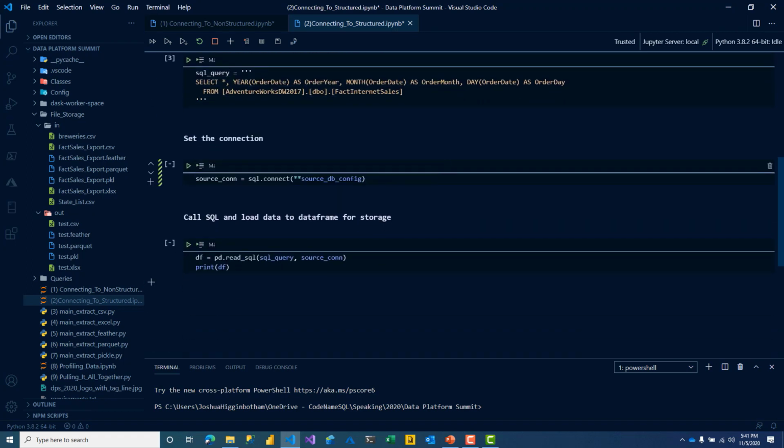We then need to set the connection. So we're going to create a source connection variable. We're going to call the SQL, which is the PYODBC library, .connect, and then we need to pass in the connection string. By passing in 2 asterisks before the dictionary, we flatten that record into a singular string,